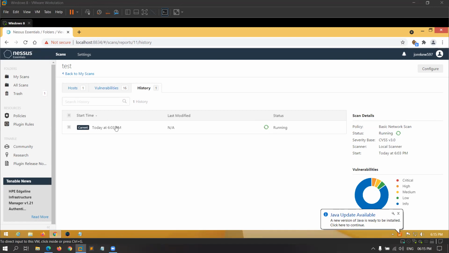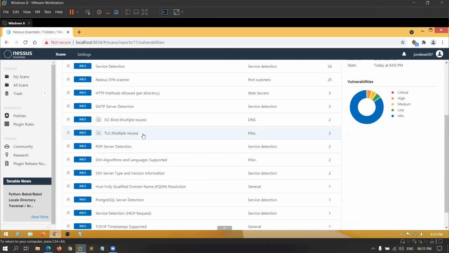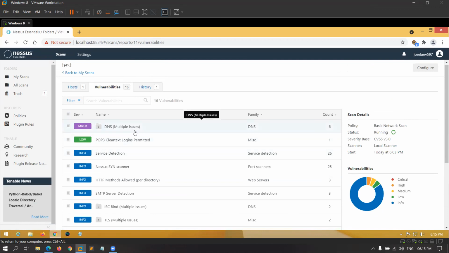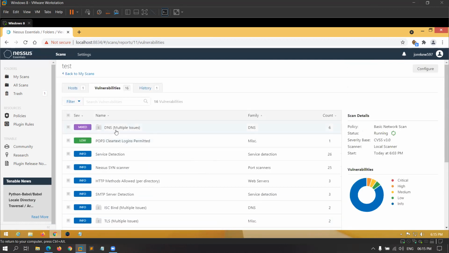So you can see it has shown 16 vulnerabilities here, and I can go to the vulnerabilities, and there are lots of vulnerabilities available here. Some vulnerabilities are low, and some vulnerabilities are info type, and some vulnerabilities are multiple issues. So let's open one. So I am opening